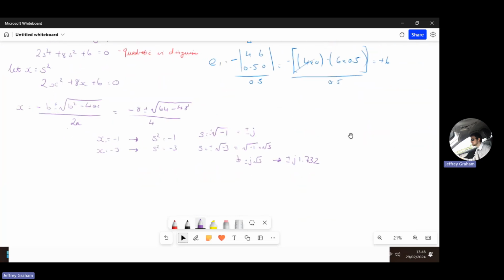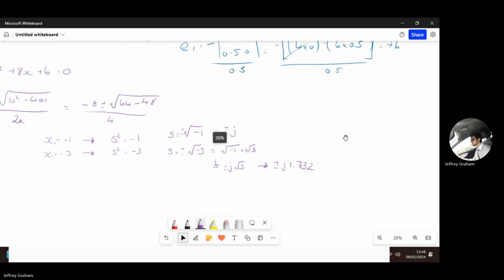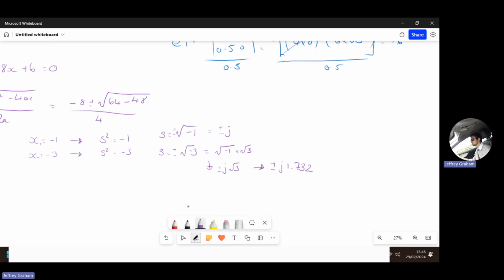So in fact, of the 5 roots, I'll show you this in MATLAB again shortly. It's 5 roots because it's power 5. We find one of them is stable, 4 are neutrally stable, and the answer to those 4 is